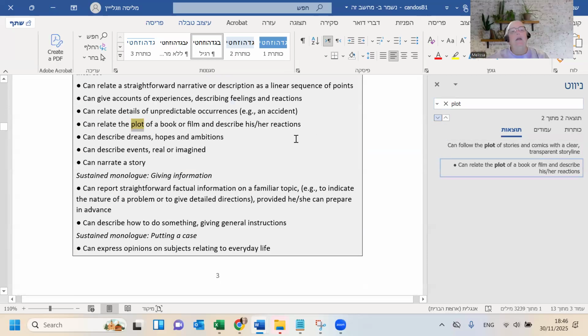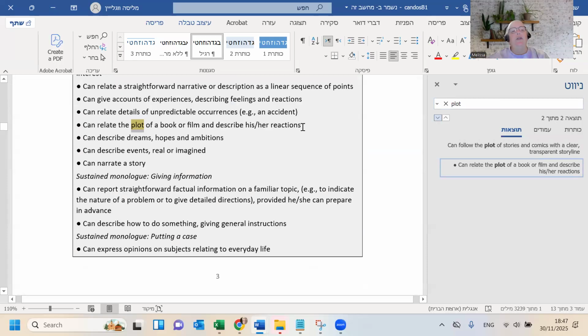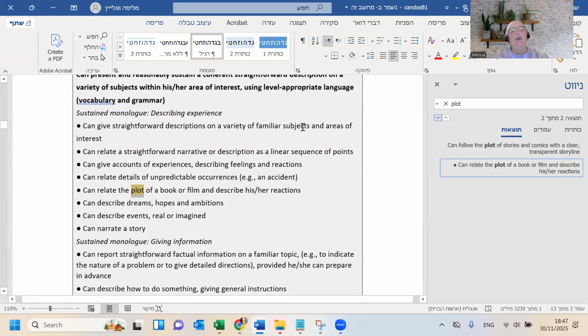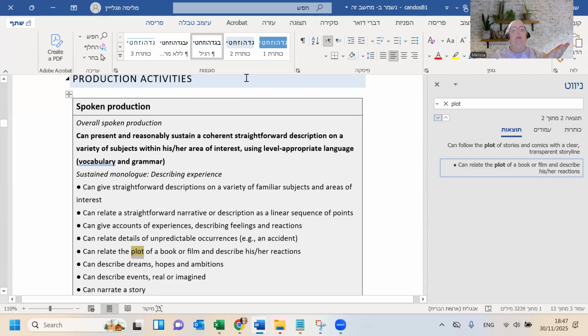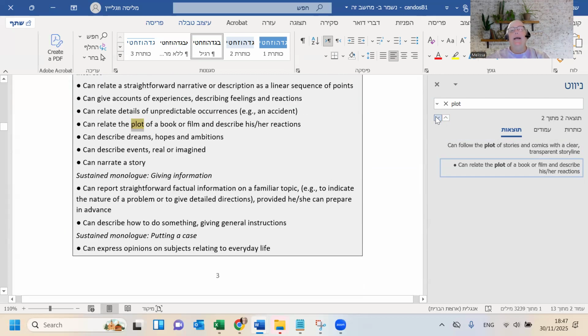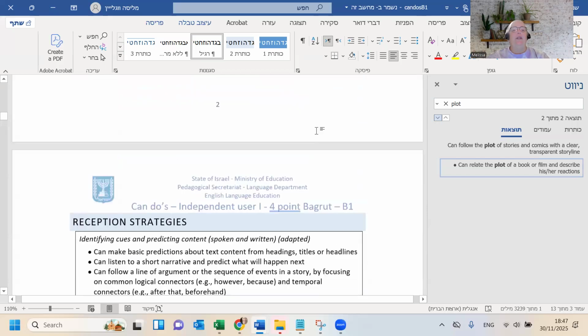Can relate the plot of a book or film and describe his or her reactions. Okay, so can actually tell back the story, and a lot of you asked questions about describing reactions. How did you feel about it? What did it make you think about, etc. So there's actually a can-do statement in spoken production that has to do with that, connecting it to the plot.